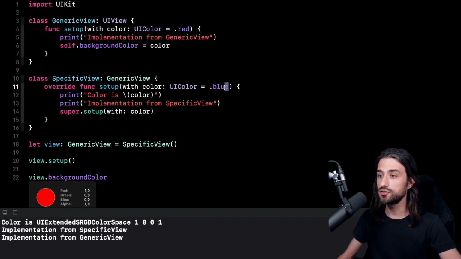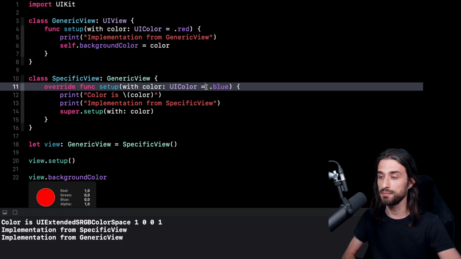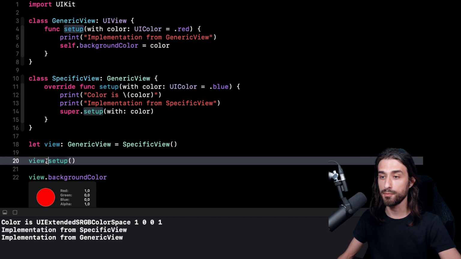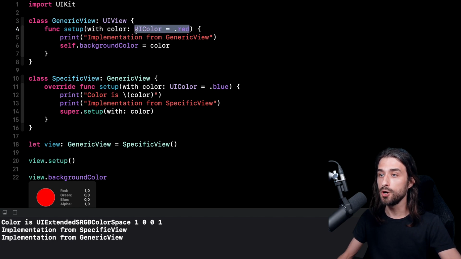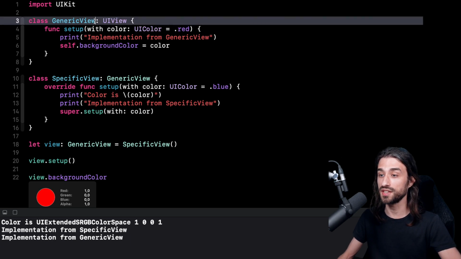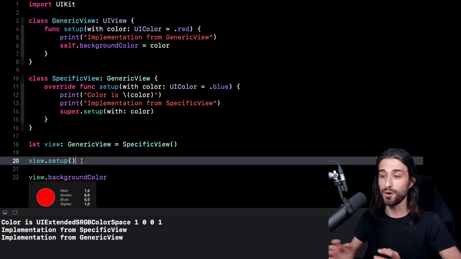But on the other hand, in Swift, default values for arguments are determined statically at build time, meaning that here the compiler is saying, okay, I am calling the method setup on a variable that is typed with GenericView. And so for the default value, I'm going to take the value provided in the implementation of setup of GenericView, because GenericView is the static type of the variable. And this is incredibly confusing because these two behaviors work in totally opposite ways. Basically, what we have done is that in the same call site, we have both a part that is resolved using a dynamic behavior and another part that is resolved using a static behavior.